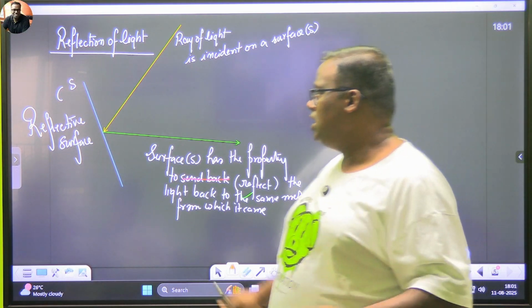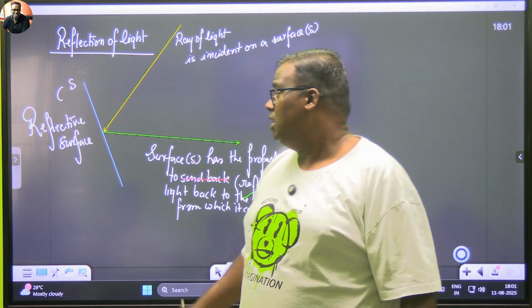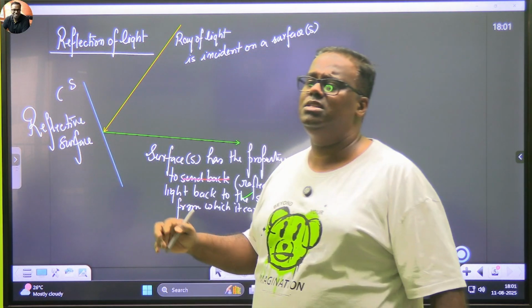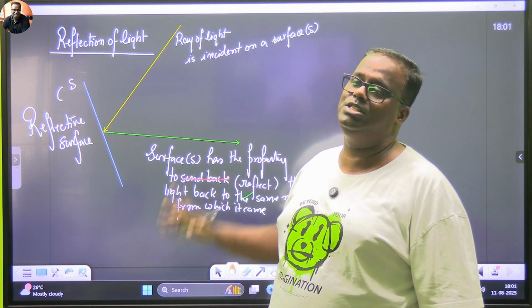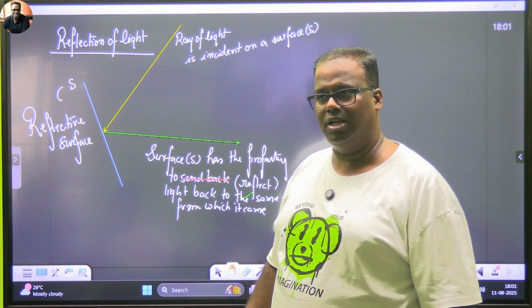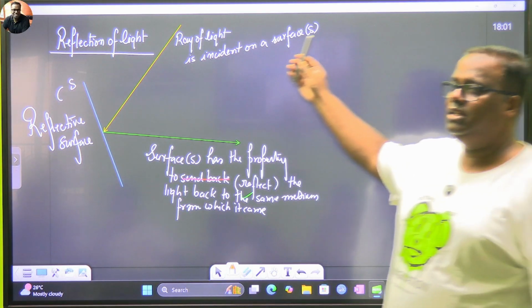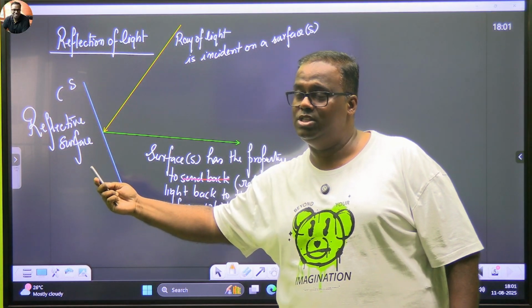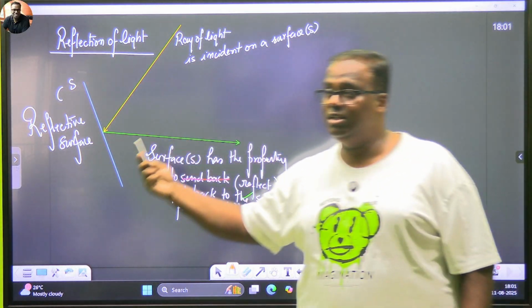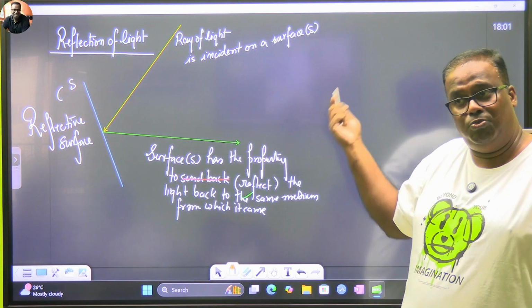But if you consider me as a reflective surface, then I would say what? A reflective surface means majority, 99.99% of the rays, it should be able to reflect back. Have you understood? So let's understand it once again. If a ray of light is incident upon a surface, and if the surface has the ability to send the ray of light or reflect the ray of light once again back to the same medium from which it came,